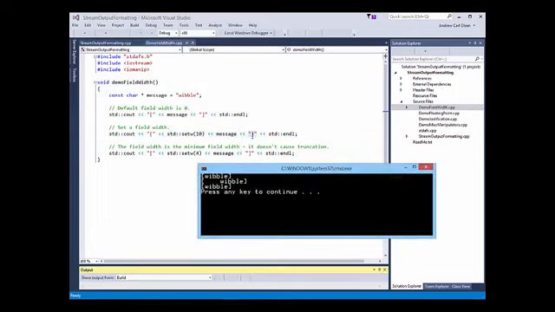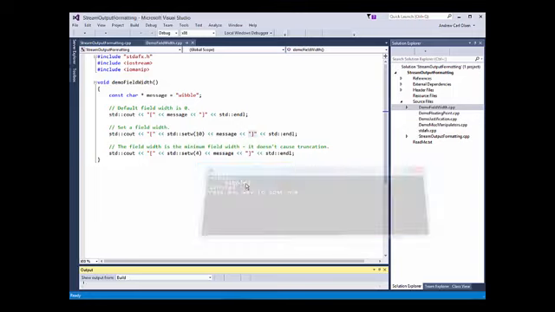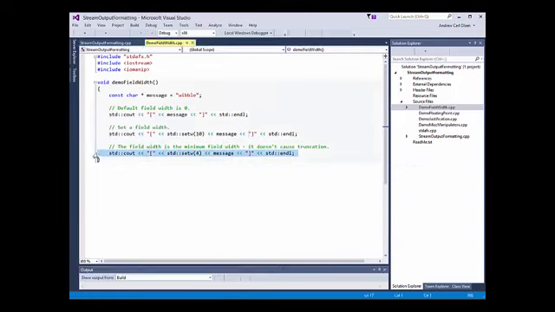So I'll run the application, and that is indeed what we see. A square bracket, a field width of 10, and then within that field width, right justified, we have the next value, the text message, followed by the closed square bracket. Good. Finally, the last bit of the example emphasizes the fact that setW is the minimum width, but it